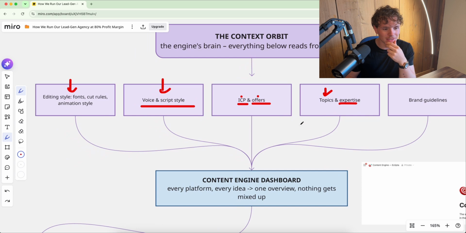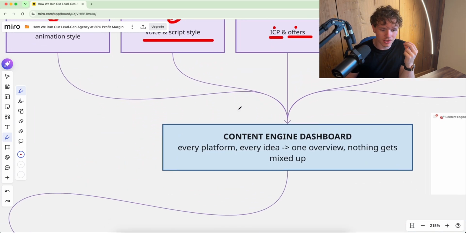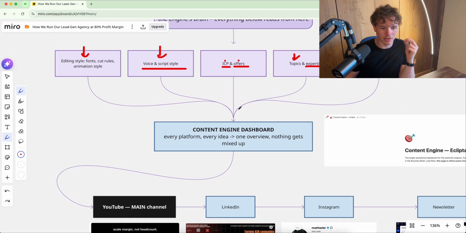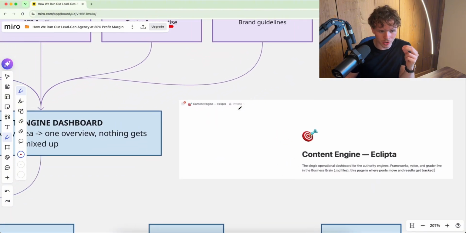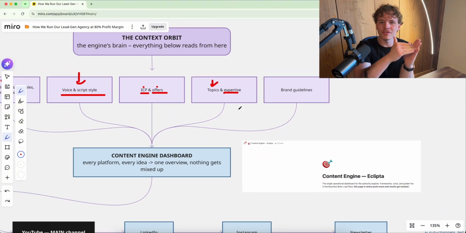But in this specific case, this knowledge from the context orbit is now being pulled into our content engine dashboard, which is eventually a functionality that is also running through Claude, but is connected to our dashboard, which is right now running in Notion. Now, this is one centralized dashboard that we use privately to just make sure that we've got everything in one place,